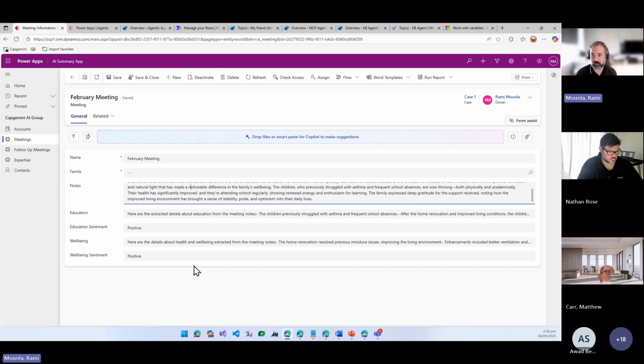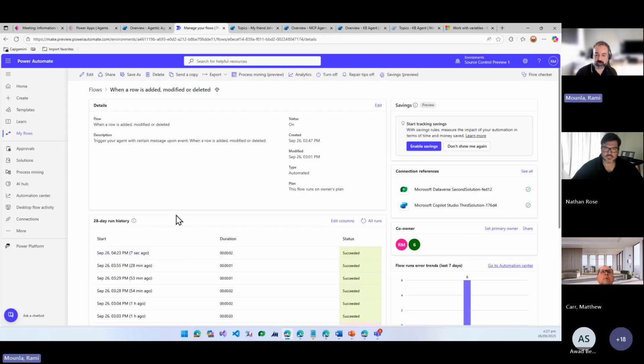So there's another question in here before I move on: how to deal with infinite loops and agent dependencies. I'm just trying to think. This is possible. So what's going to happen is that it's going to trigger your Power Automate at a very high rate, and there's a protection on the Power Automate side that will go, it looks like you're going into an infinite loop. You'll be able to see it from a monitoring perspective, and then sometimes if the rates are too high, then your Power Automate will start failing. When it fails, then there's a protection to automatically switch it off. So that will stop that infinite loop,